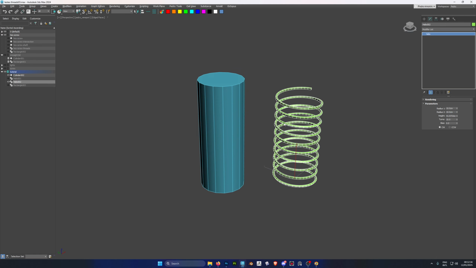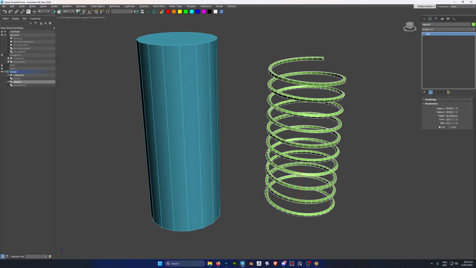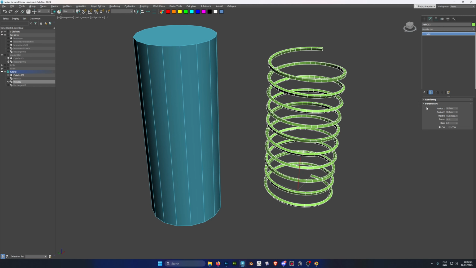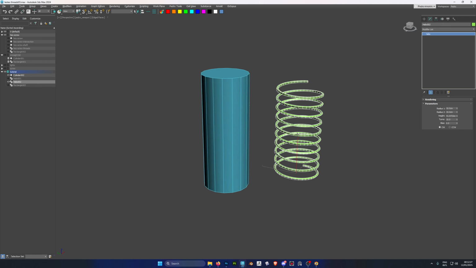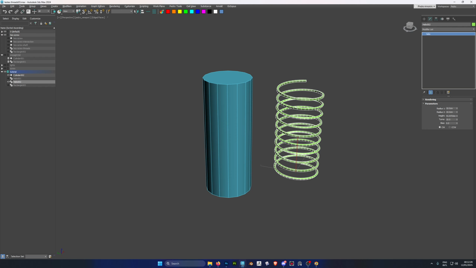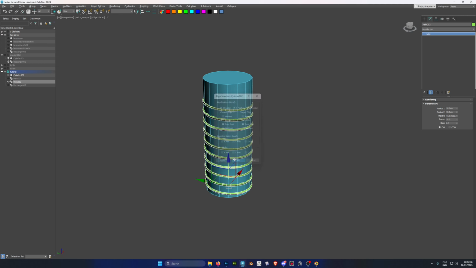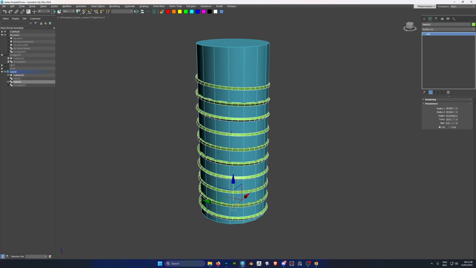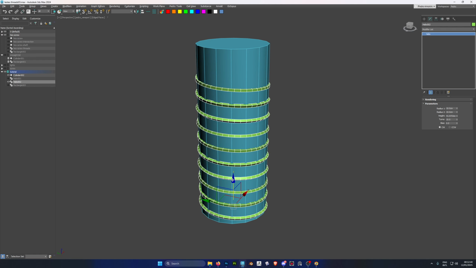Something cool that I sometimes use now is that since Max, I think it was in 2024, they added the ability to copy controllers from one object to the other, values from controllers. So I will align the helix to this shape,